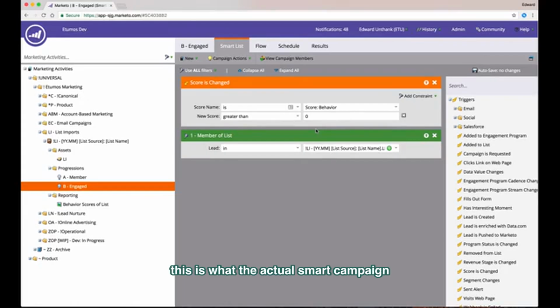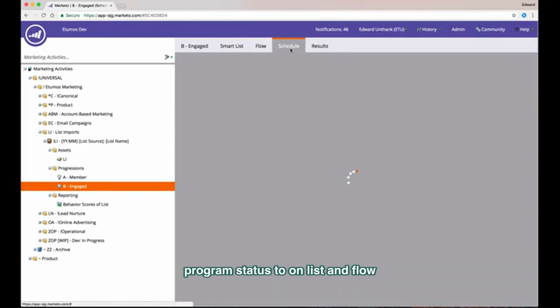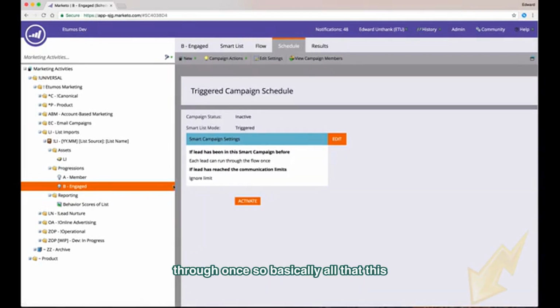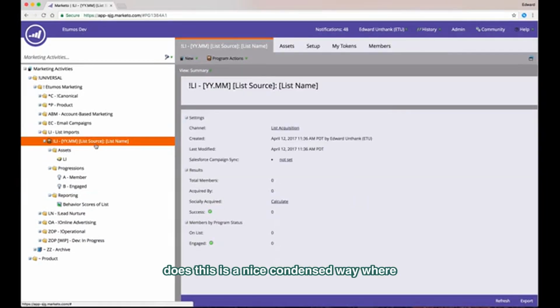So this is what the actual smart campaign looks like. You're looking at member of the list and your scores change for your behavior score. This is how we name it. You'd use your own, obviously. And the new score is greater than 0. And what this does, it'll just change their program status to on list and flow through once. So basically all that this does, this is a nice condensed way where you can standardize these things, and then you can see